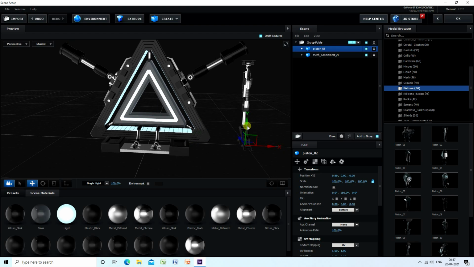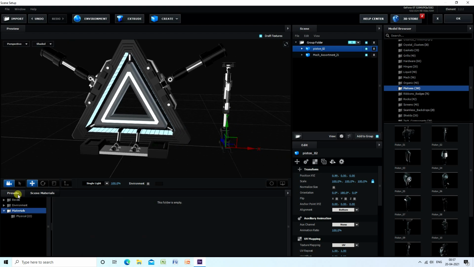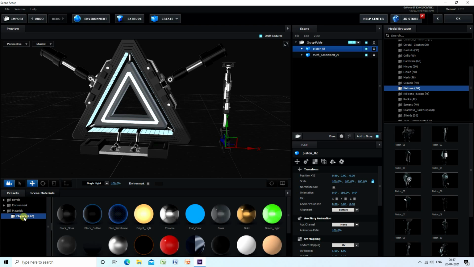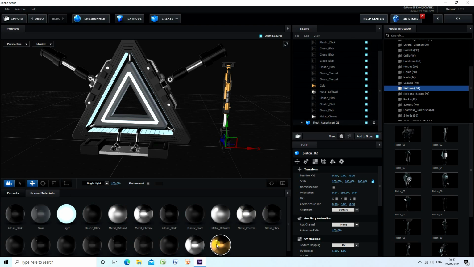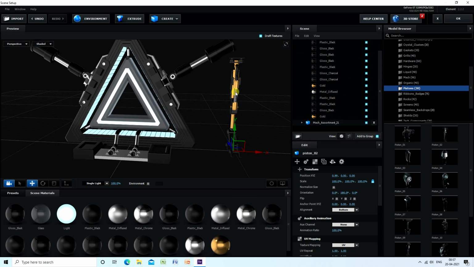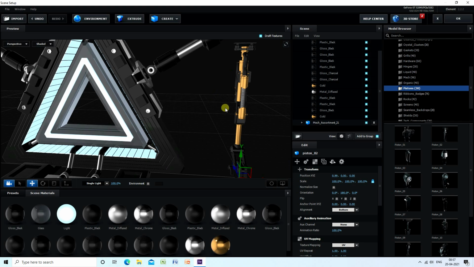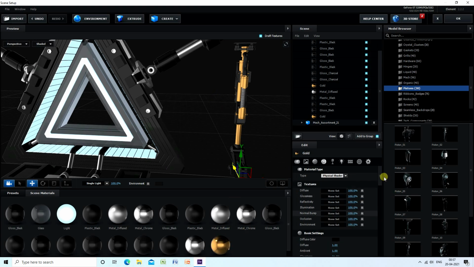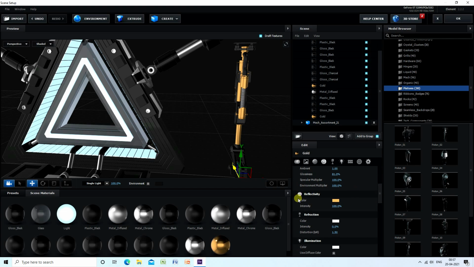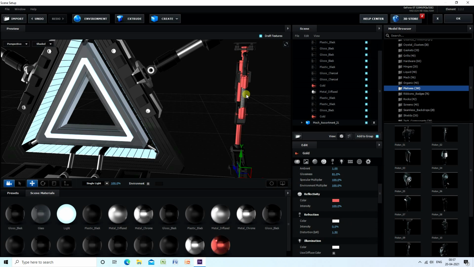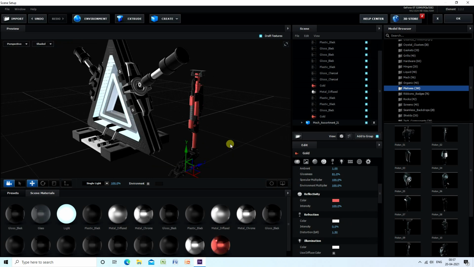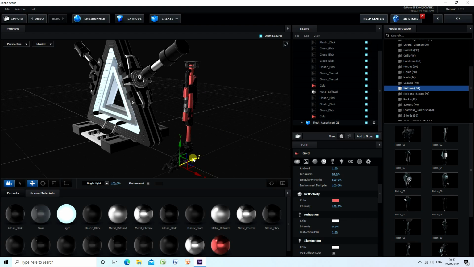Now I change the color. Go to Presets, go to Physical, select this gold material and apply it like this. Yeah, beautiful. And also apply it here. Okay, so select this gold material and now you can also change the color. I like red, like this. Yeah, I like this one, right? Okay, so for alignment, go to here like this.